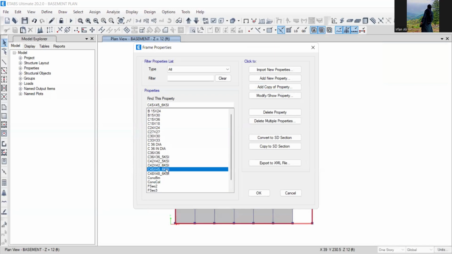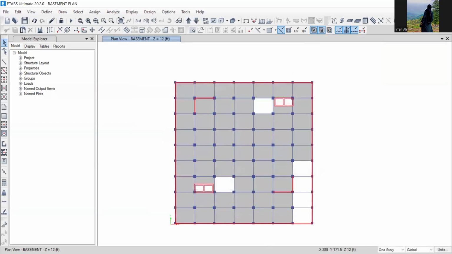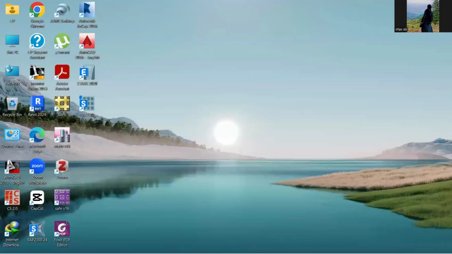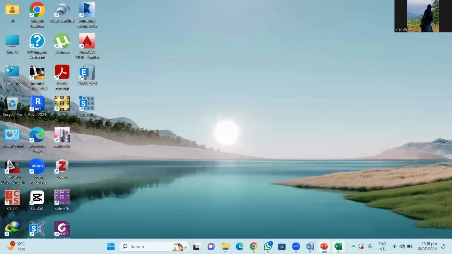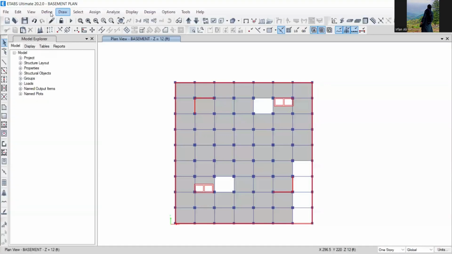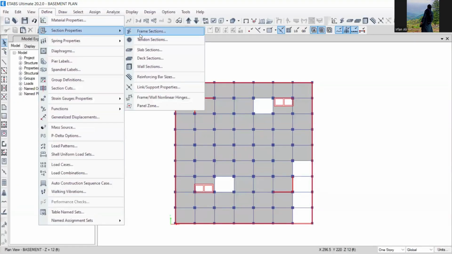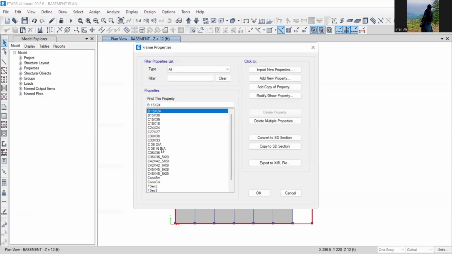Right? And click OK and let us check. It is 42 and 42, and then we have 36 and then 30. Again, go to the define section properties, frame sections, and click on this 42 cross 42. Take a copy of this,